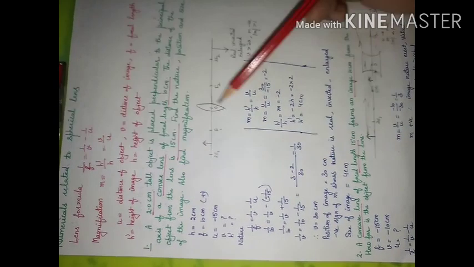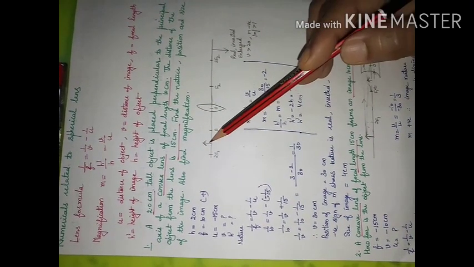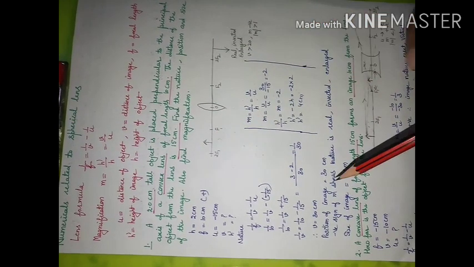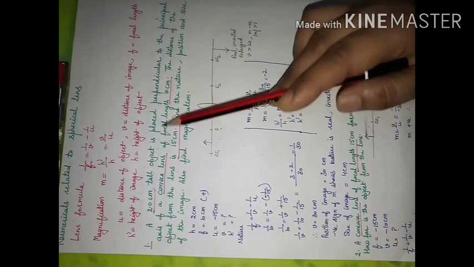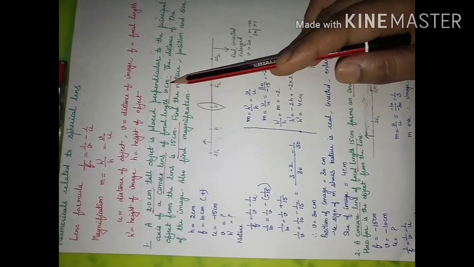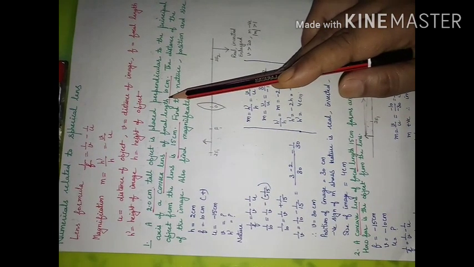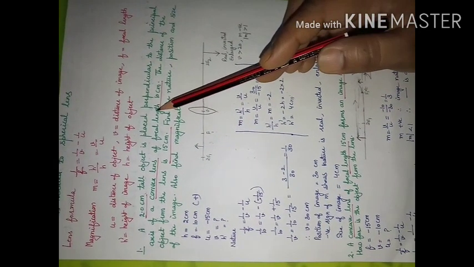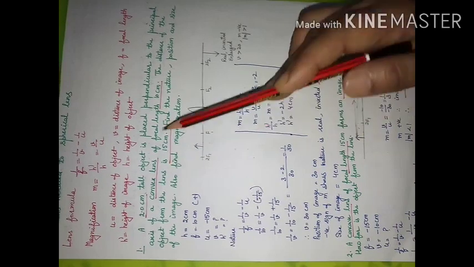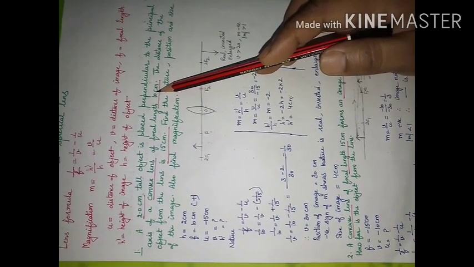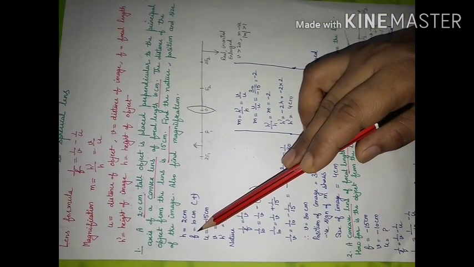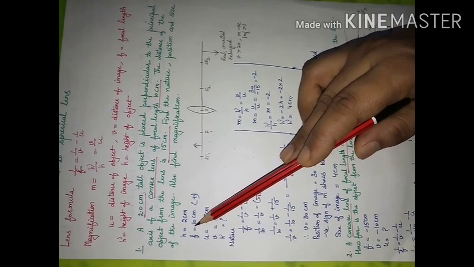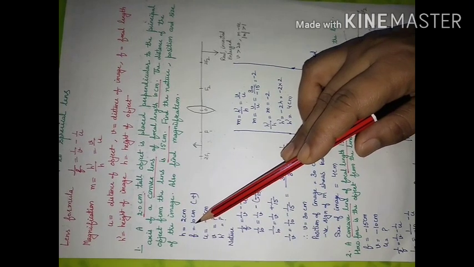It is placed perpendicular to principal axis of a convex lens. Lens given is convex like this. And object is perpendicular to principal axis, which means this angle is going to be 90 degrees. And focal length of convex lens is given as 10 cm. We should keep in our mind that focal length of a convex lens we always consider positive. So when I write focal length will be 10 cm, the sign will be positive. Positive you write or you don't write, it is understood.